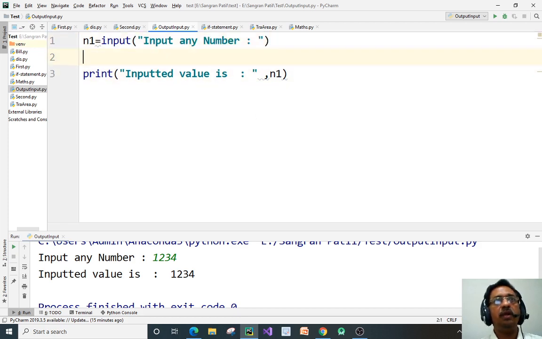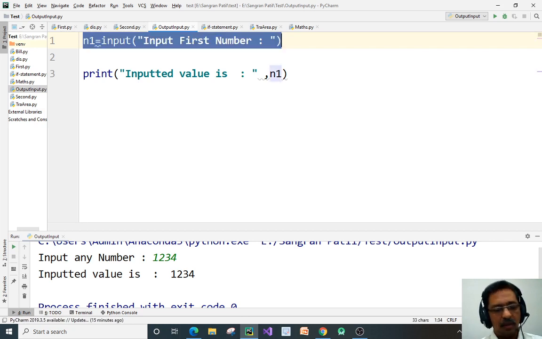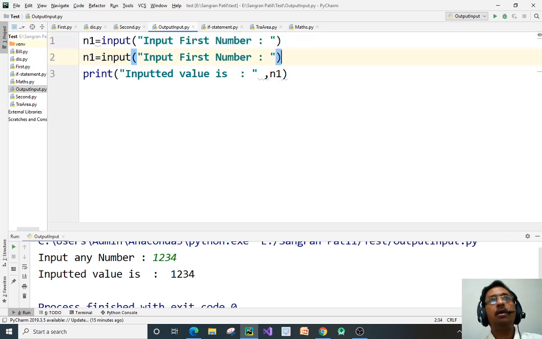Now this is N1. Now I want to read number 2 also. Input I will give here "first number", and now I will give here input "second number", like N2.